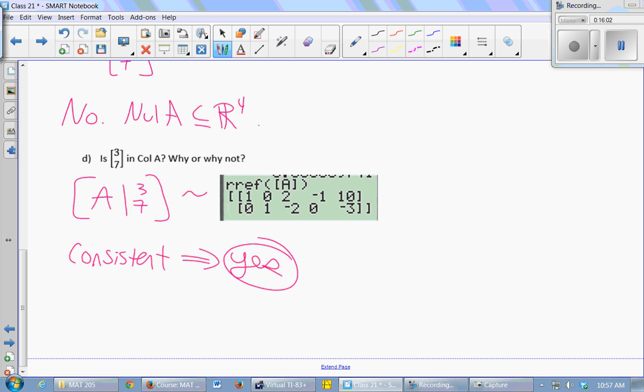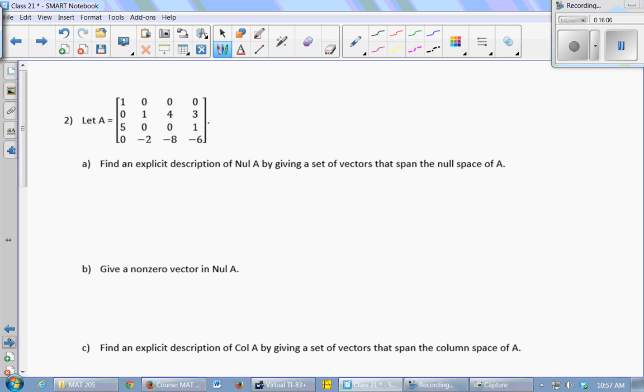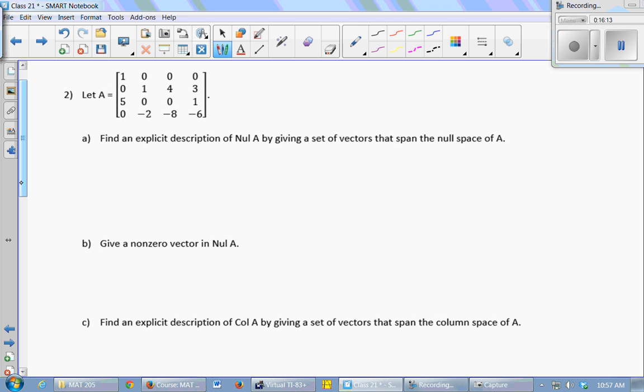Good so far? Okay, so here we've got another matrix A. It's a 4 by 4. So I want to find an explicit description for the null space of A, right? So I want to describe all of the vectors in the null space. Somehow I want to tell you what vectors live in there, all of the vectors that get mapped to 0. So I have A